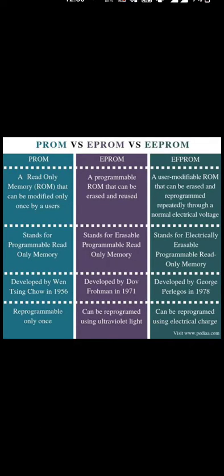So, move to the next one, that is EPROM. EPROM, the full form of EPROM is erasable programmable read-only memory. So guys, EPROM is a special kind of read-only memory chip that can erase the program data and can be reused. The data can be erased and reprogrammed by using UV light. UV light means ultraviolet light. The UV light clears the data on the chip so that it can be reprogrammed.